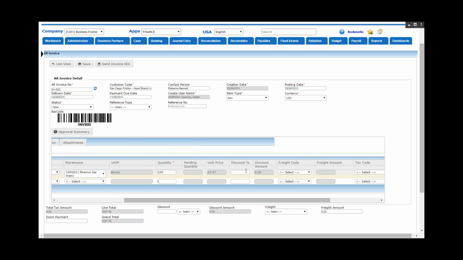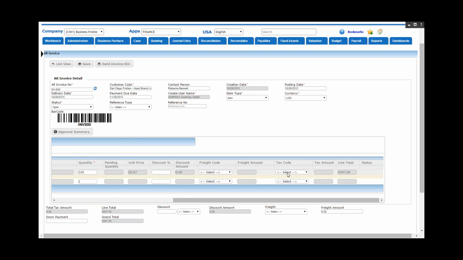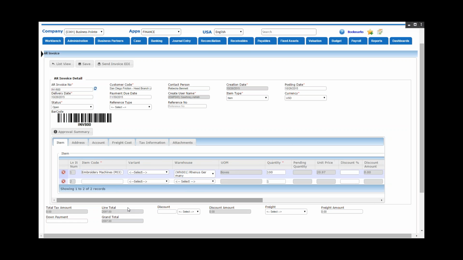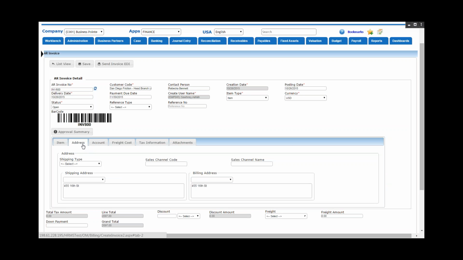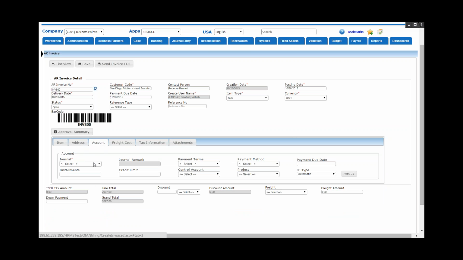Now you do have the ability to do a line item discount or an overall discount for this customer. And you can also define any taxes that may be associated with this customer's location or this item type. If there is a shipping address or a billing address associated with that customer, you can choose it from the drop-downs. And you can also go ahead and have journal entries created